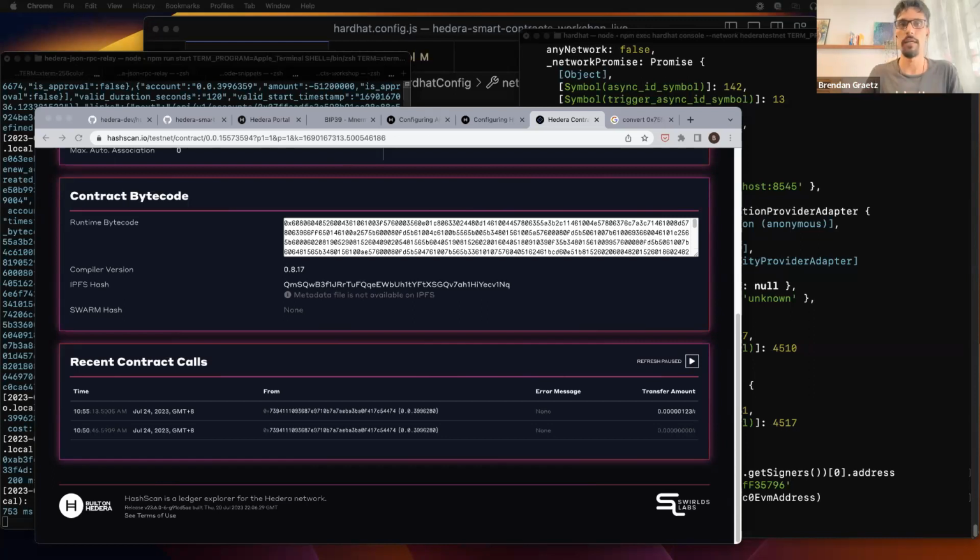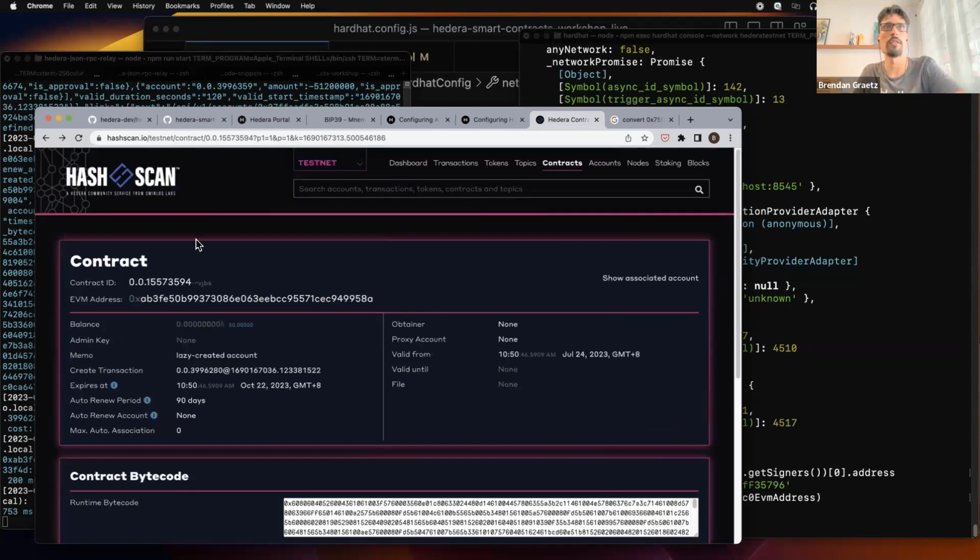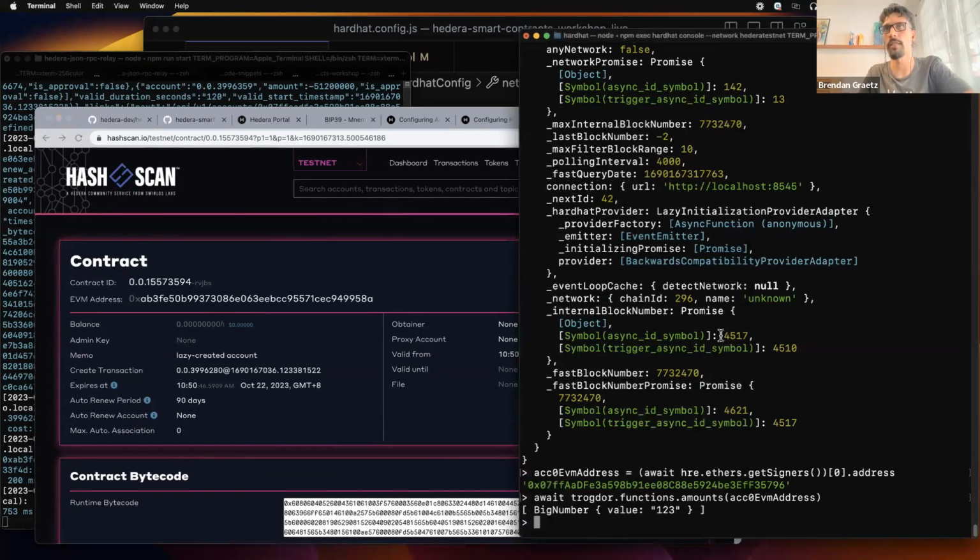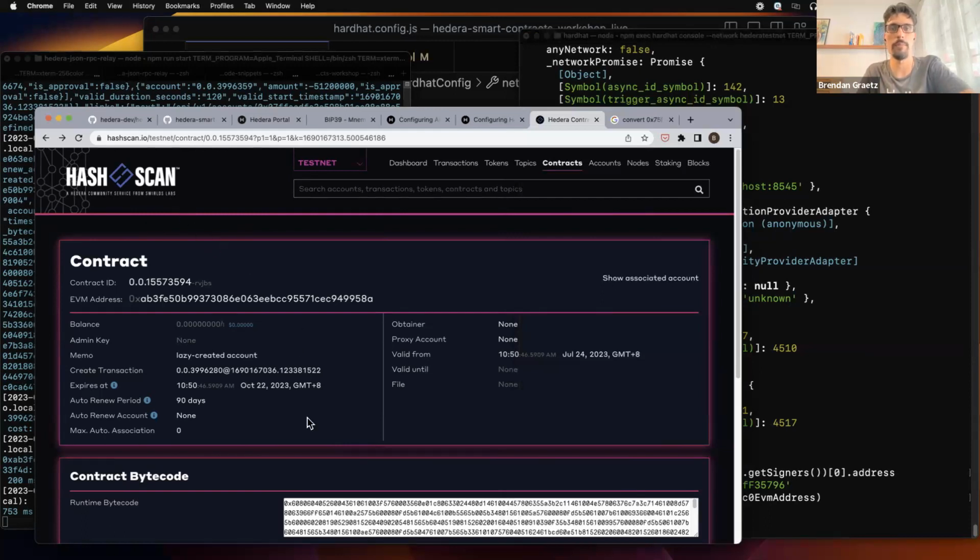We've also learned about how to use the... Yeah, we've also been able to learn about the Hedera network more generally, how it works. We've also been using HashScan quite extensively to check the on-state changes and how our actions in our code and the command line impact what happens in the network. And I think we've covered quite a lot of ground in the basics of interacting with smart contracts on the Hedera